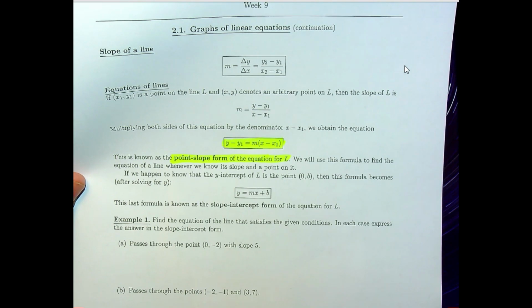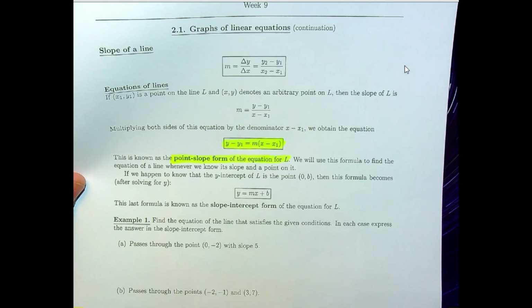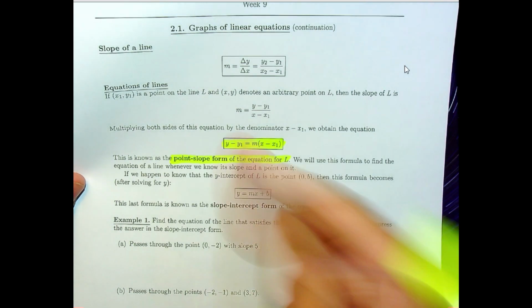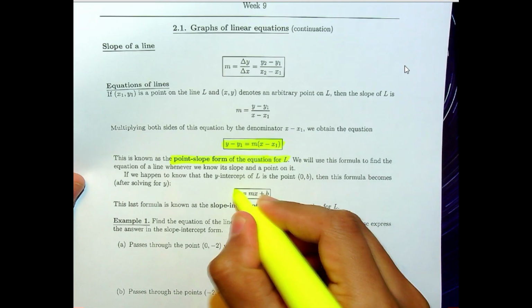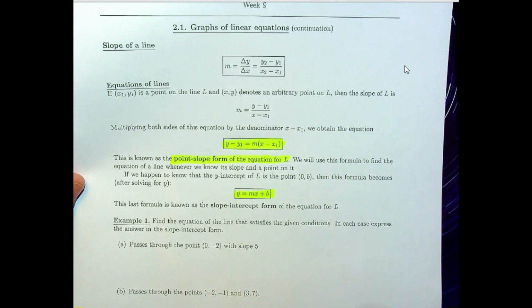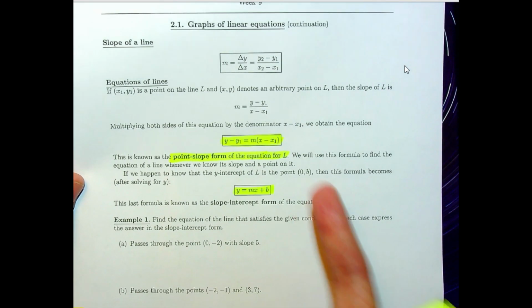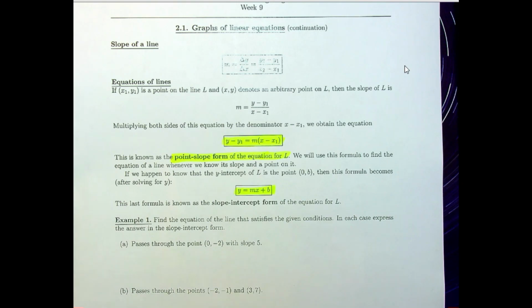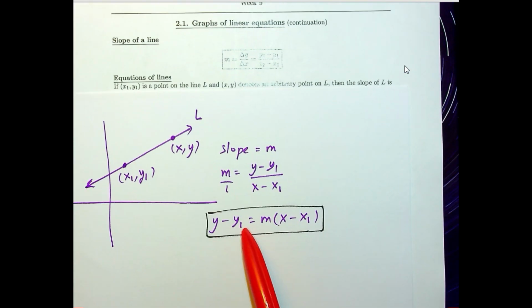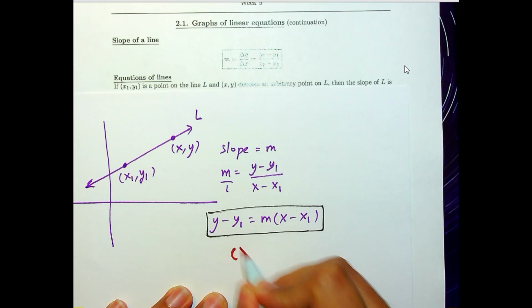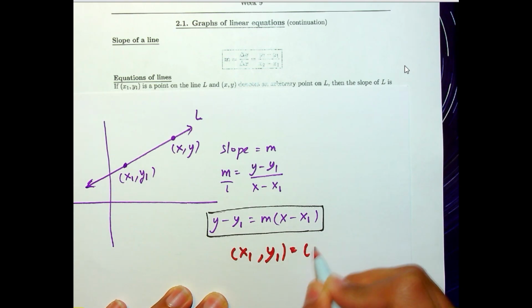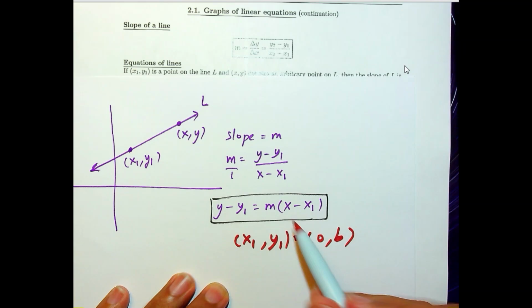Now, there's another form. There's actually various forms. This is not the only one for the equation of a line. Another form that is pretty popular is the slope-intercept form. And that is just a special case. So this one is a special case in which the known point, instead of being x1, y1, is 0, b. So if you have this formula, right, and you happen to know that x1, y1 equals 0, b, then plugging that in there, you're going to get that